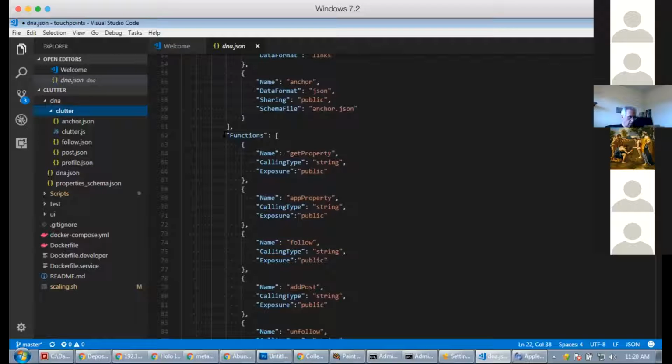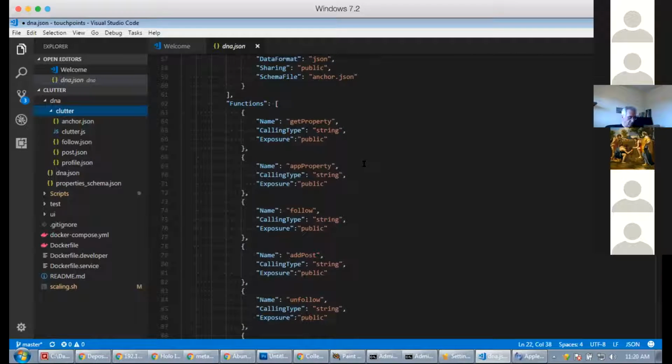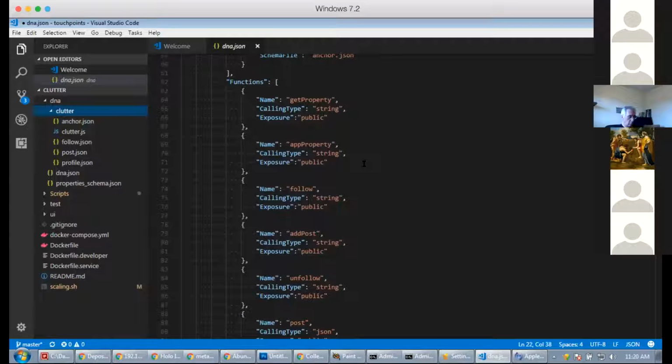And now here are the methods that we're exposing. These are things that you can call from the HTTP interface of the Holochain instance that is serving your application.